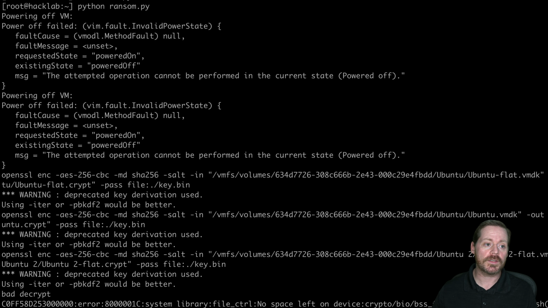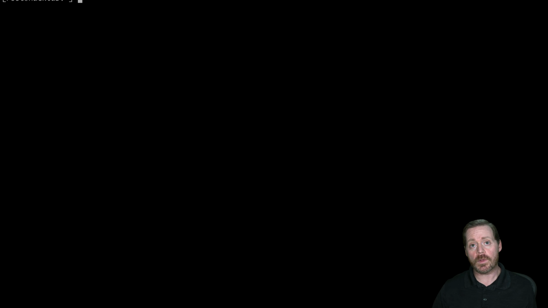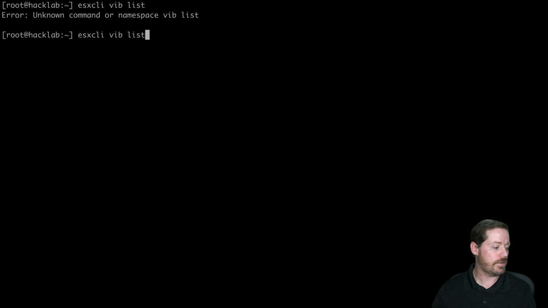Now, one other rule I suggest you create. So I'm going to clear the screen here. There's another method of doing persistence within VMware now. It's using the vib method, or installing VMware supported software, right? So if you do esxcli software vib list, this is going to show you